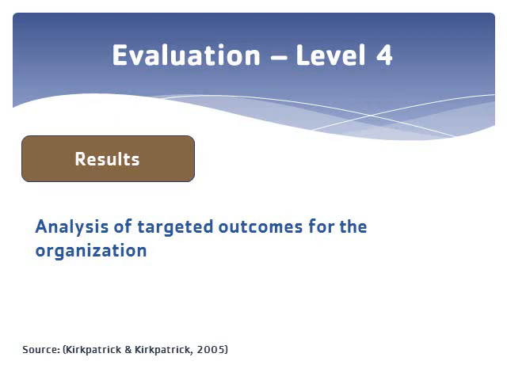The last overall phase of the training evaluation process is often referred to as results, or an analysis of targeted outcomes for the organization. This is different from behavior change in the third phase because employee behavior can change as a result of training, such as installing a car battery, but not have the intended effect on the organization overall, such as perhaps to sell more car battery installations.